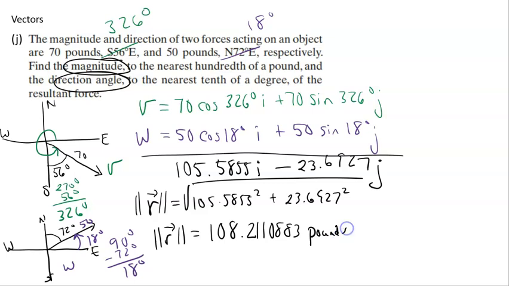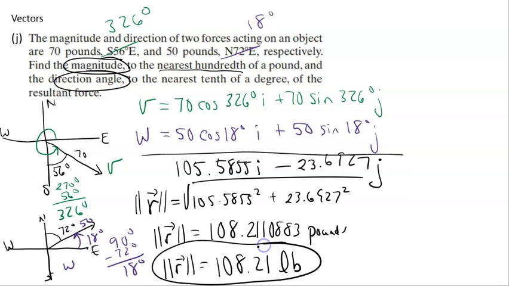Now, careful, rounding is said to the nearest hundredth. So my magnitude is actually 108.21 pounds. Okay, not finished yet, but I'm halfway there. Now we are asked to find the direction angle. Okay, so we have tangent of theta. Remember, that's y over x or sine over cosine. So that's going to be negative